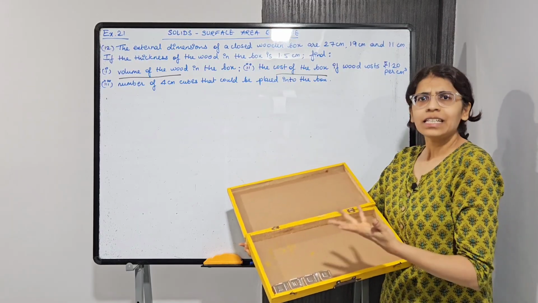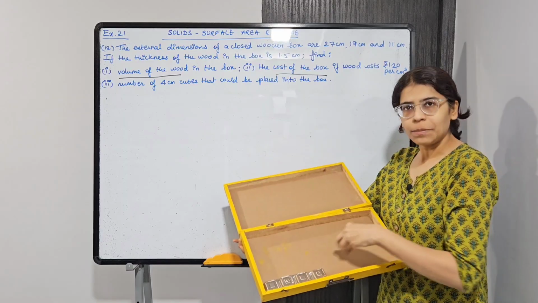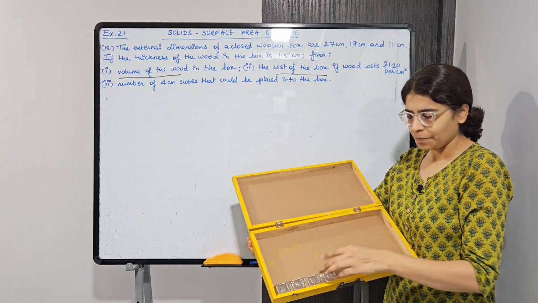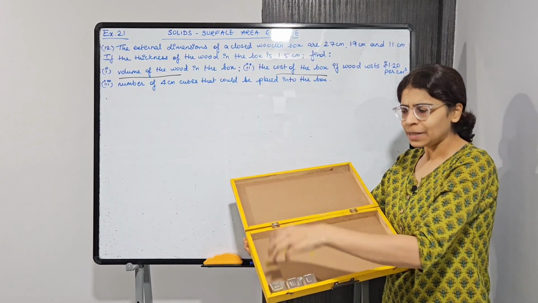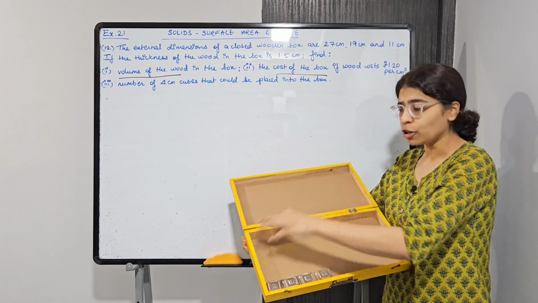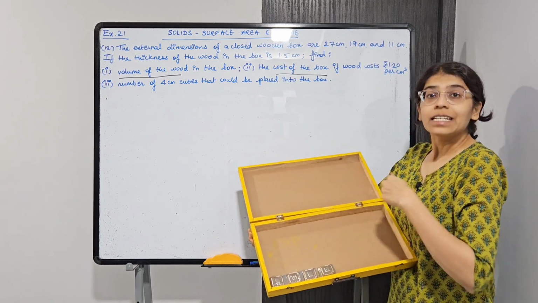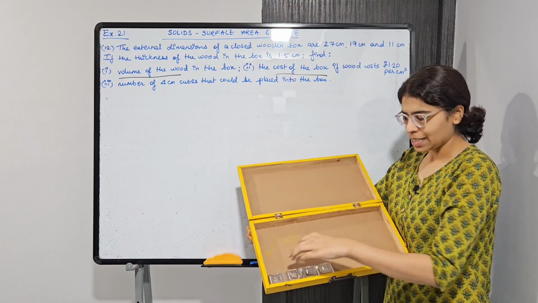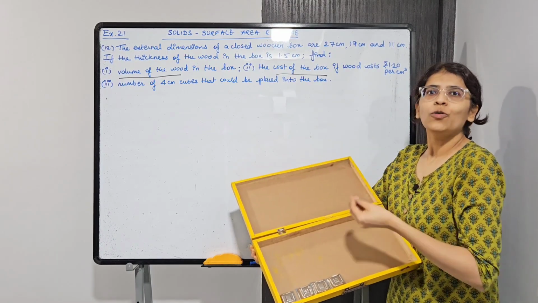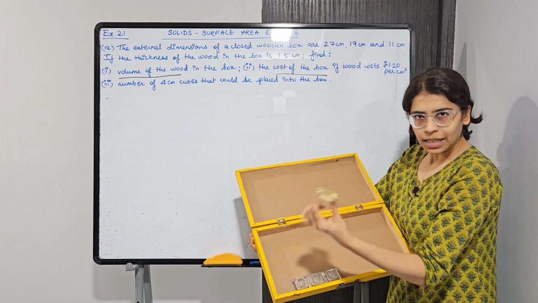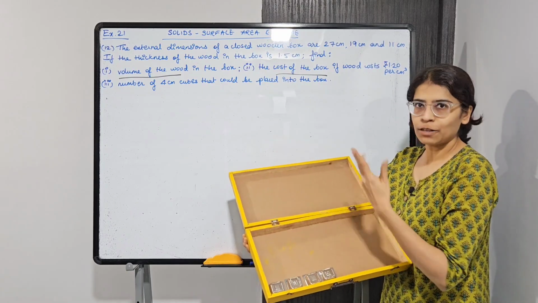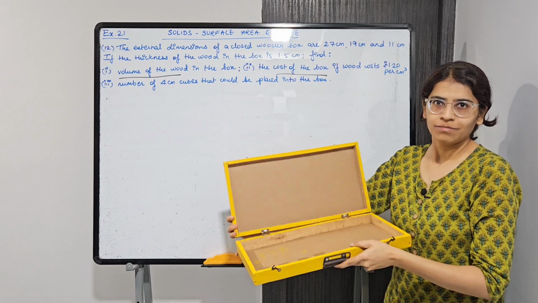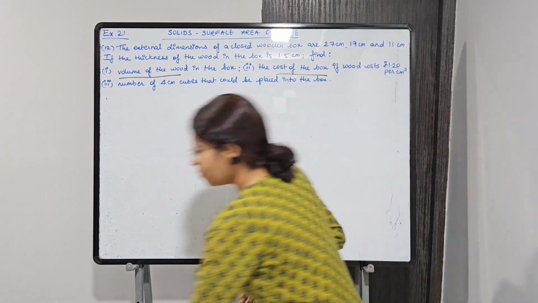राइट? सो बेसिकली द टोटल नंबर ऑफ क्यूब्स दैट आई कैन प्लेस इनसाइड, it will occupy the internal volume of the box, right? ऐसे एक के ऊपर एक भी मैं ऐसे प्लेस कर सकती हूँ. सो कितने प्लेस कर सकती हूँ मैं टोटल? ओके, सो द टोटल वॉल्यूम ऑफ द क्यूब्स इज इक्वल टू द इंटरनल वॉल्यूम ऑफ द बॉक्स. ये एक एक क्यूब का जितना भी वॉल्यूम है, ऐसे कितने सारे क्यूब्स लगेंगे, ठीक है? सो टोटल वॉल्यूम ऑफ द क्यूब्स, एक क्यूब का वॉल्यूम, सारे ऐड करेंगे. ओके, सबका वॉल्यूम इक्वल होगा. सो टोटल वॉल्यूम ऑफ द क्यूब्स विल बी इक्वल टू द इंटरनल वॉल्यूम ऑफ द बॉक्स, राइट? यू आर प्लेसिंग इनसाइड द बॉक्स. So very easy.